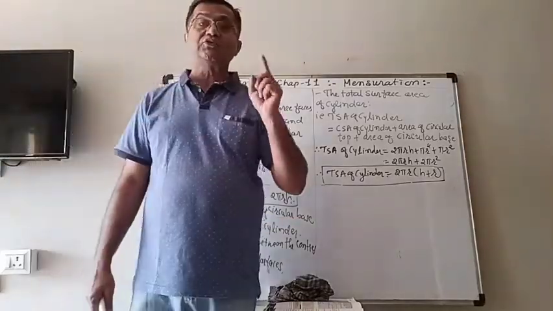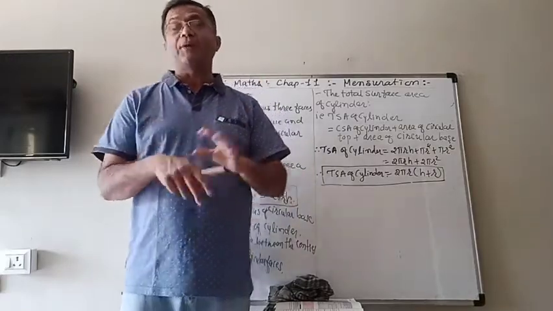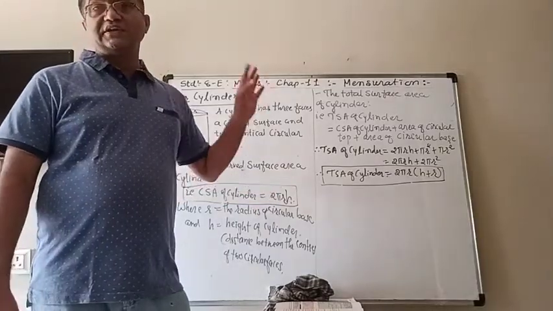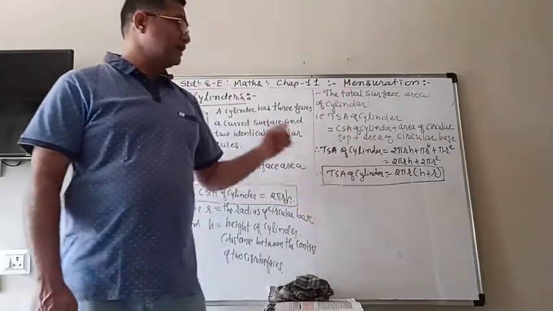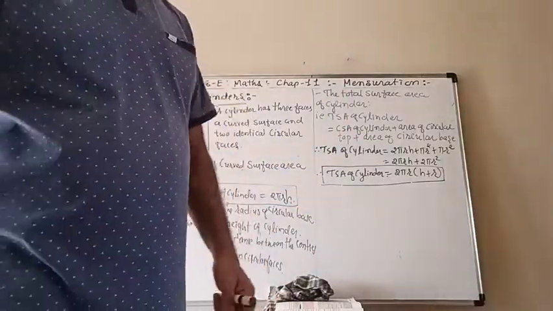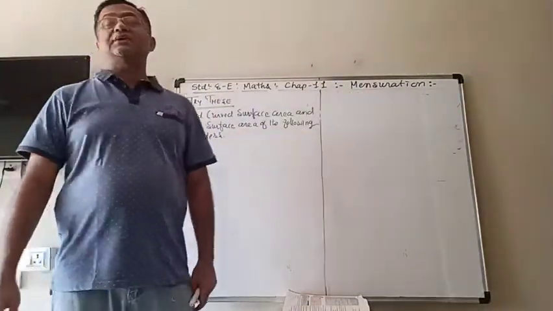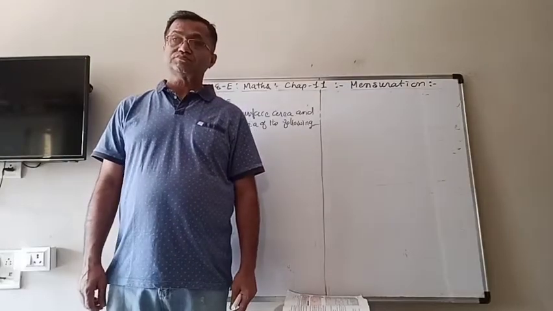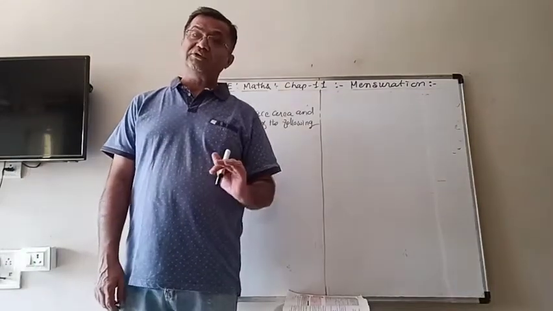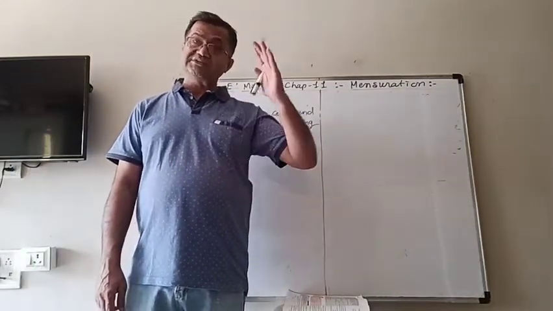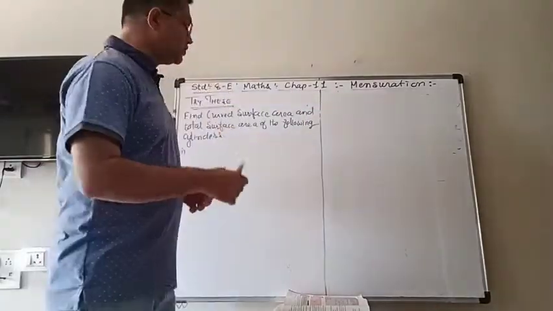So for cylinder we have to remember two formulas. According to the situation we have to use the proper one. First, CSA of cylinder, that is 2 pi r h, and TSA of cylinder, that is 2 pi r into bracket h plus r. So you have to remember both formulas. Now we are going to do the sum given in the try this, in which they asked only for total surface area, but I am counting both of them, curved surface area and total surface area, so the idea will be clear in your mind.